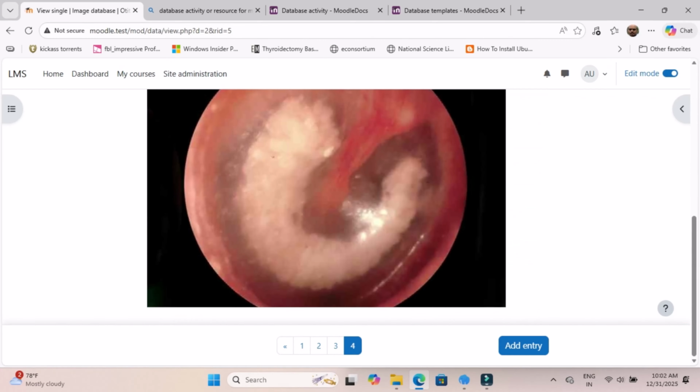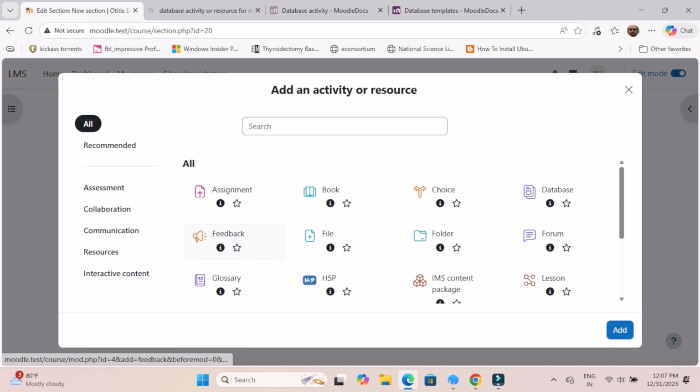Next, we will go to the feedback activity. This is another activity which helps the course creator to get direct feedback from students. Just click on the feedback activity, then click add button. This adds the feedback activity to the form. So you give a name, give a description, and then